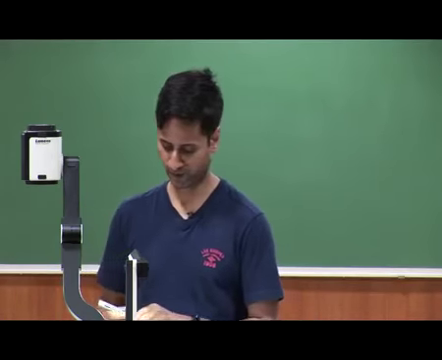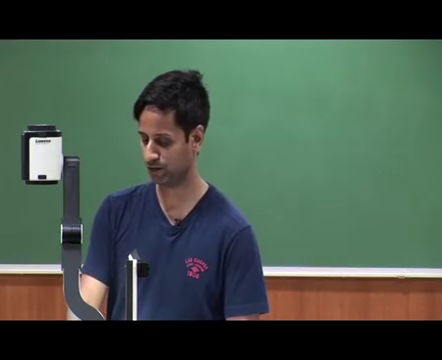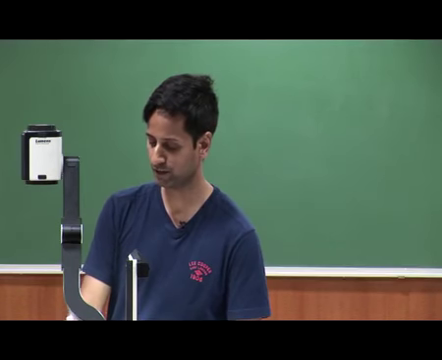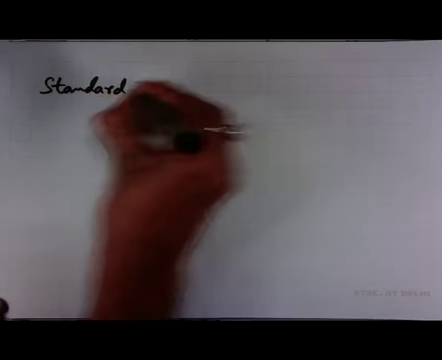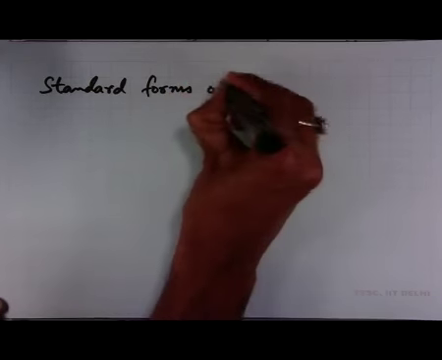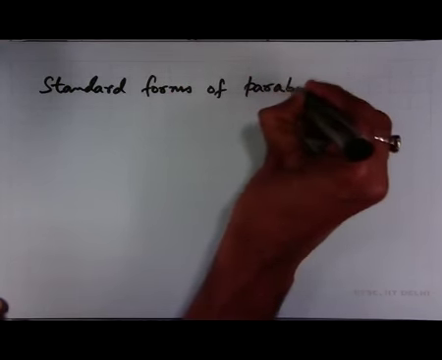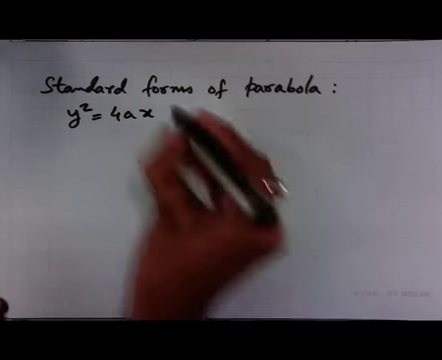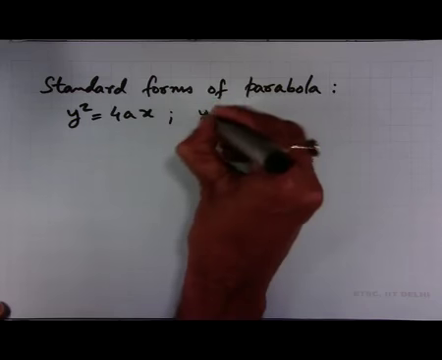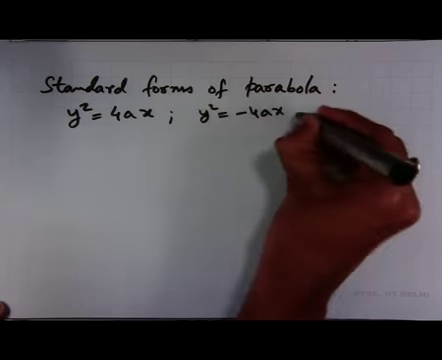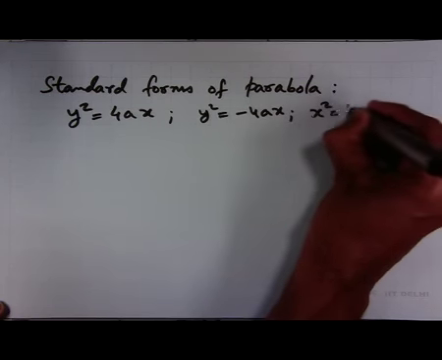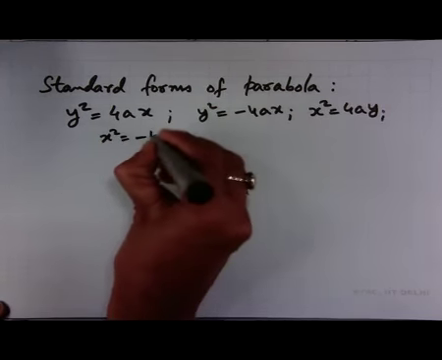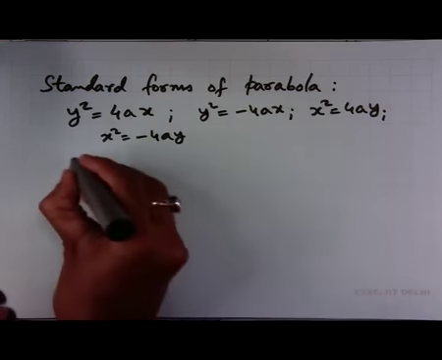So, let me first talk about the standard forms of parabola we saw. It is of the form y square equal to 4 a x, or y square is minus 4 a x, or x square is 4 a y, or x square is minus 4 a y. So, these are given by